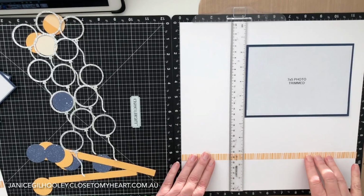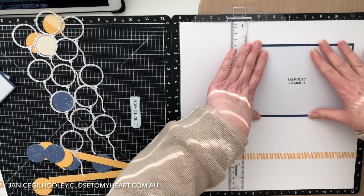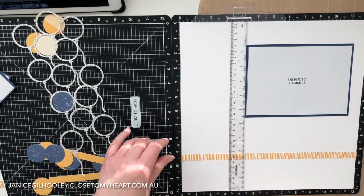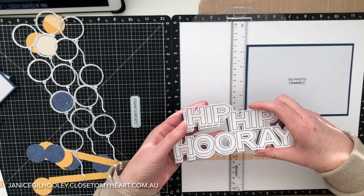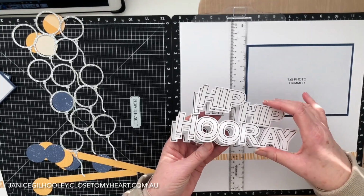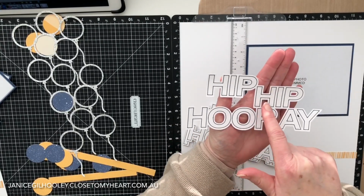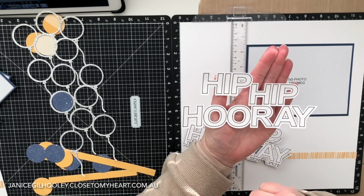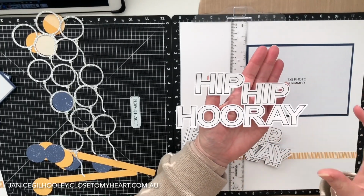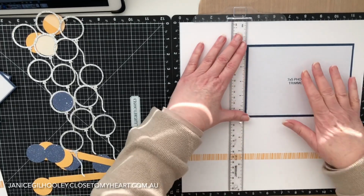So I've adhered a zip strip across the left page and I'll continue that on the right. I'm going to put all the photo mats down and some of the decorative elements, and then towards the end of the video I'm going to show you this title that I've created in Cricut, and I'm going to do a couple of treatments to it with options for colouring it. You can definitely have it just like this on the page, and that is printed and then cut in Design Space on the Cricut machine, but I wanted to show some fun techniques of how to zhuzh this up a little bit. So I'll fast forward through all of this part here and then we'll get on to the fun